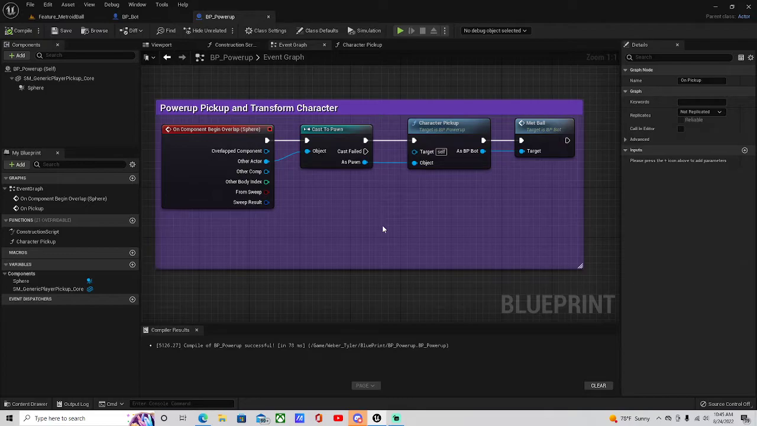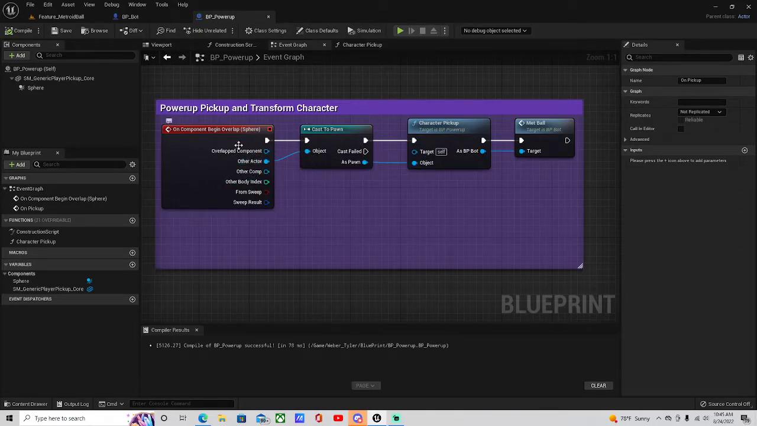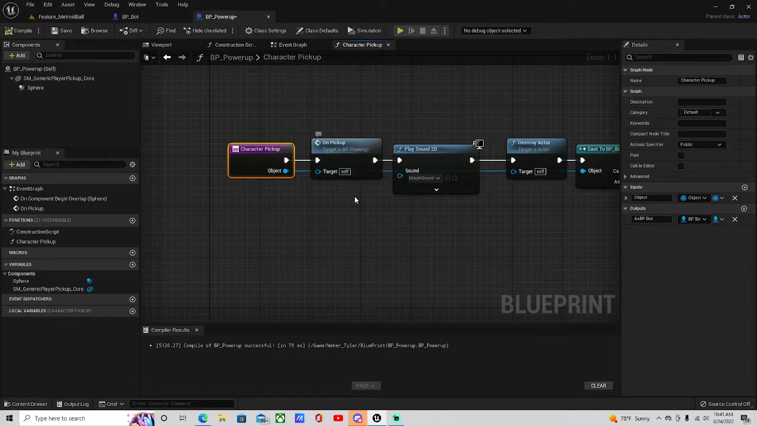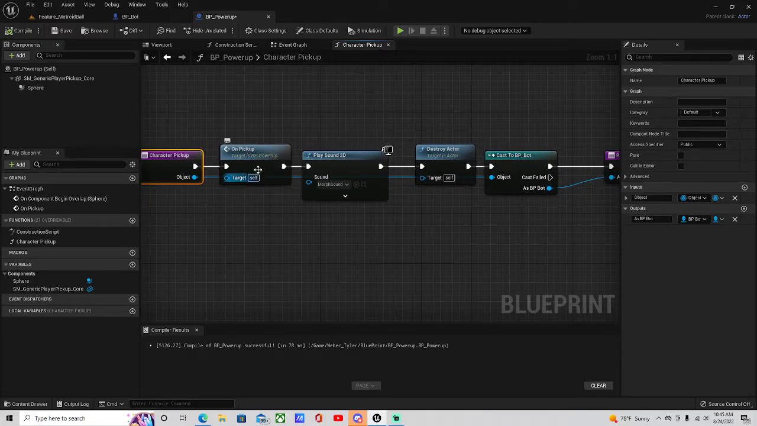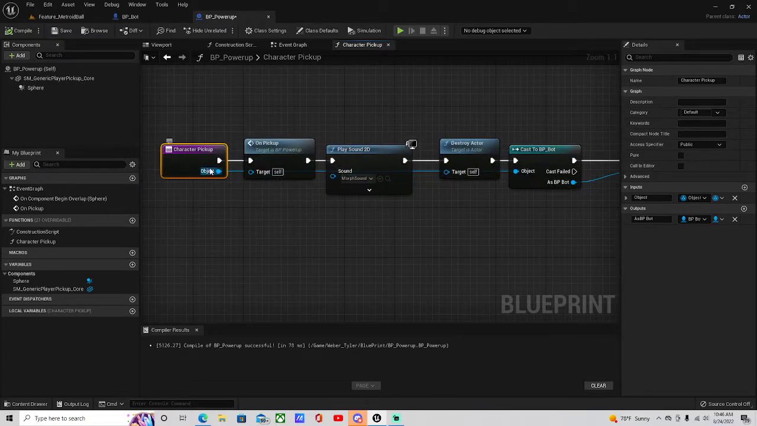To do so, we start with our on component. Using the other actor, we cast it to our pawn, and we created a function. Within this function, character pickup, we had our custom event that we had set for the on pickup, which would delegate that when this item is picked up, we will then play the sound, which is our morph sound, destroy the actor, being the orb, the pickup power up orb, casting to our BP bot